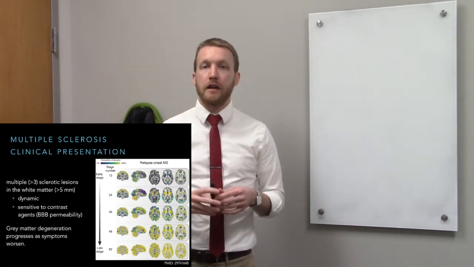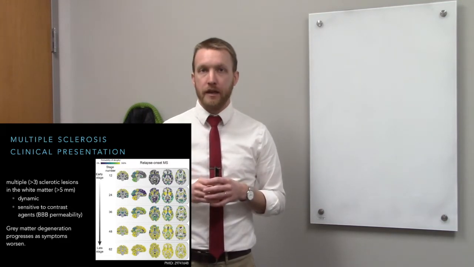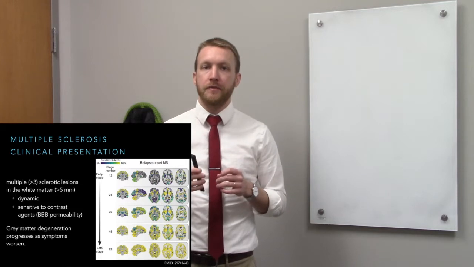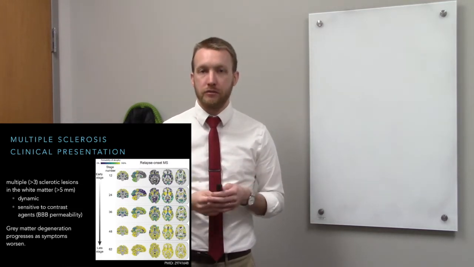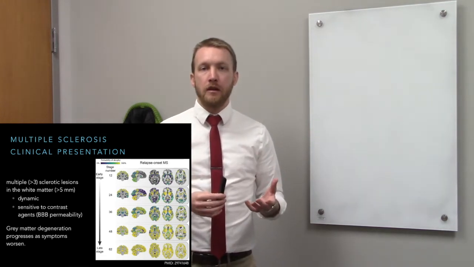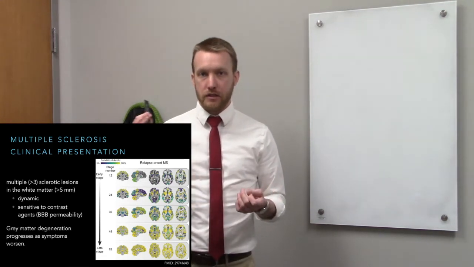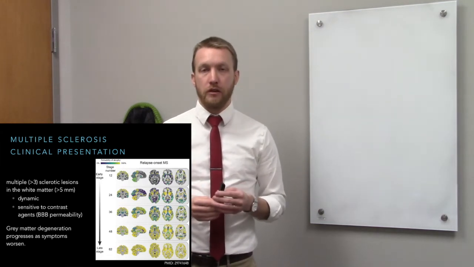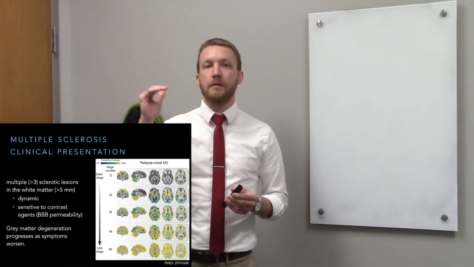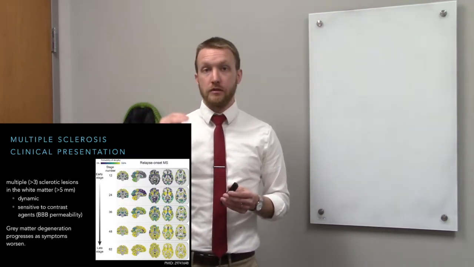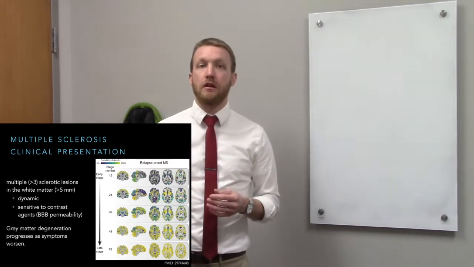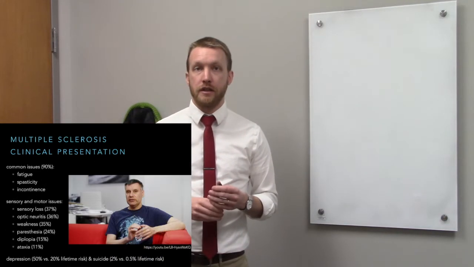So by looking at a very large number of patients with MS and noting the pattern of gray matter degeneration, they can create essentially an average sequence of gray matter degeneration. So the problems start in the white matter, but the damage to white matter then translates to a loss of neurons and gray matter damage as a result. So you can see going from top to bottom, the yellow spreads. In other words, the gray matter degeneration spreads throughout the central nervous system. And that's going to cause a variety of sensory and motor